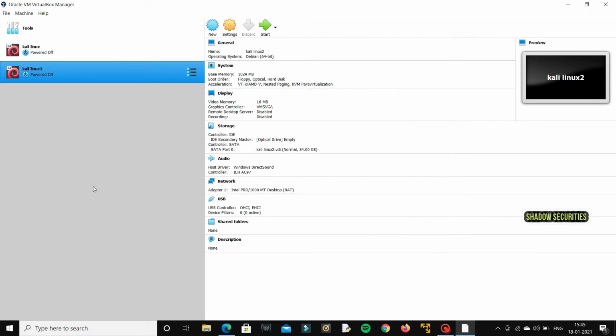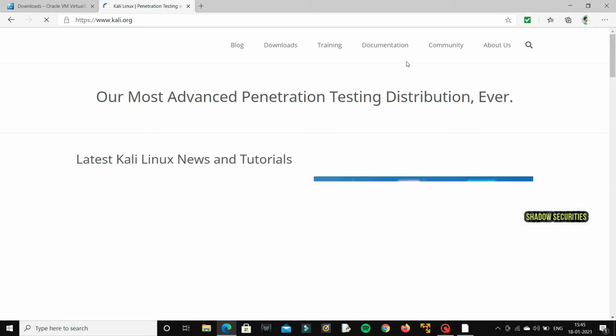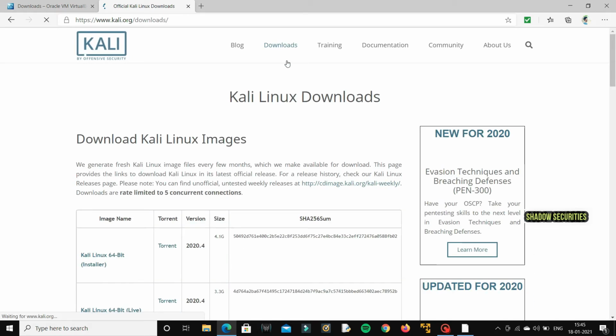After specifying RAM and hard disk, then you need to add in Kali Linux image to the created new virtual machine. For that, you need to download a Kali Linux image from kalilinux.org. For that, you simply open your browser and open a new tab and simply type kali.org. In that website, you will find a Kali Linux image. You need to add that image to this virtual machine. So go to downloads in kalilinux.org website.